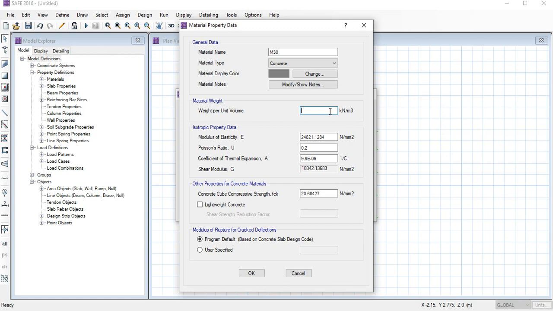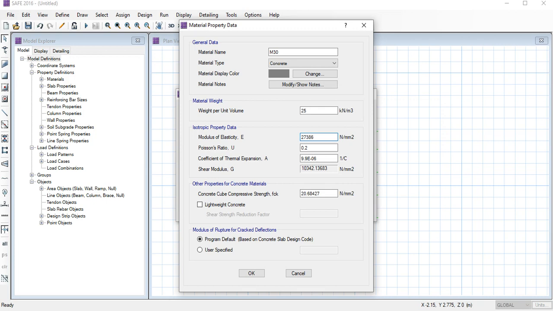The properties of M30: unit weight per unit volume, as everyone knows, is 25 kilonewton per meter cube, and here is the modulus of elasticity E. I have taken the data from Google, so I'm just going to put here 27386.